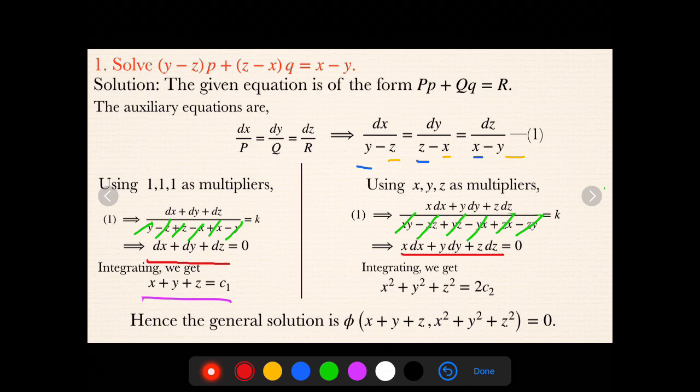Okay. So x by z is one of the multipliers, and the second multiplier, don't choose minus x, minus y, minus z, because again we'll get back to the same final expression only. So I want two different expressions, so you choose the multipliers like that. One is constant, one is variable.